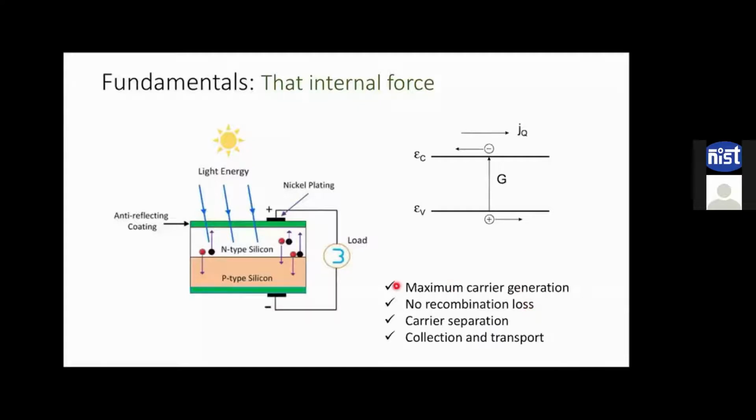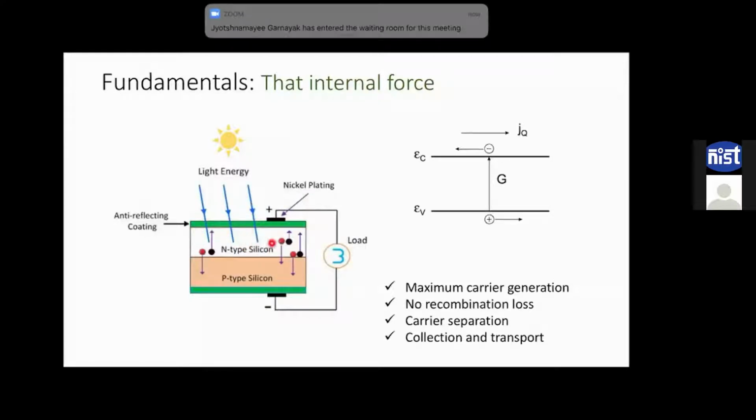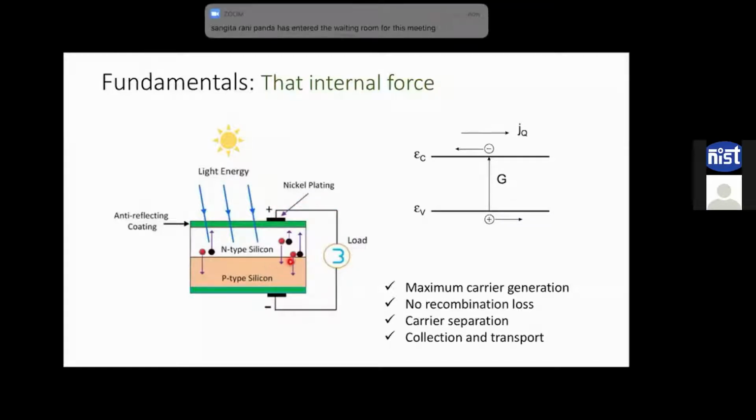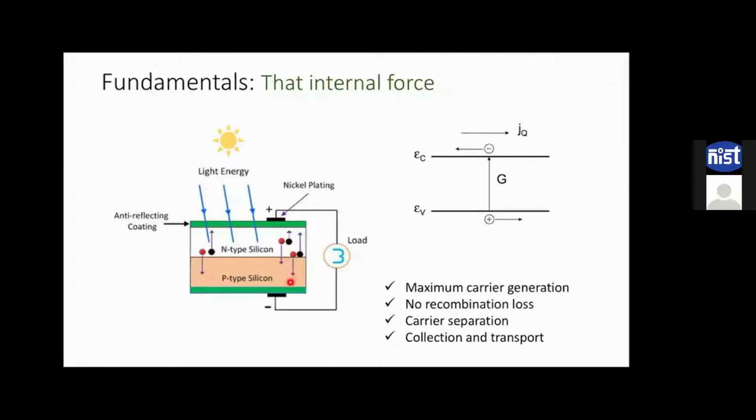Then obviously I want the photogenerated electrons, after separation from their holes, to travel nicely to the electron transport layer. In this particular example, this is the photogenerated hole, which after separation travels towards this hole transport layer and gets collected to the external circuit. And these are the electrons that, after separation by this built-in electric field, go towards the electron collecting layer at the back and get collected to the external circuit. So we want this carrier separation and collection to happen very nicely inside my device structure.